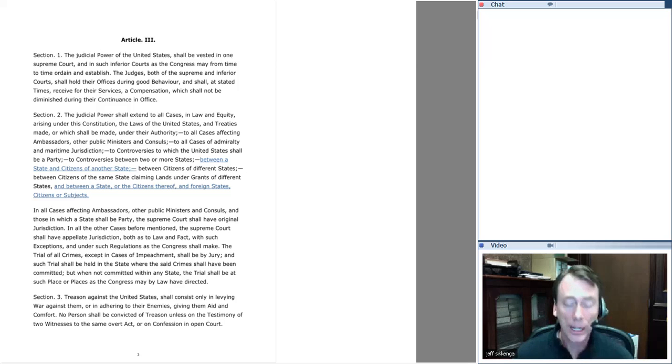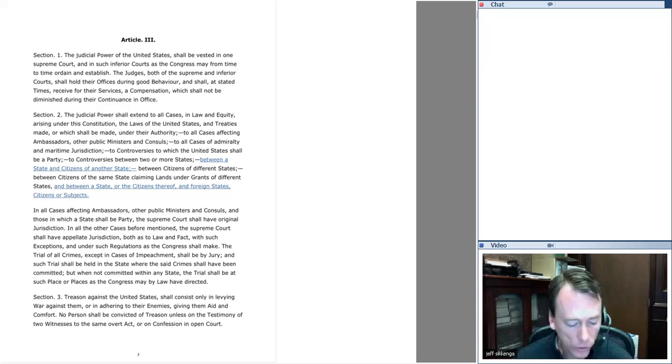And a lot of these ideas do go back to England. The independent tenure, holding your office during good behavior, goes all the way back to the Act of Settlement of 1701. So these are old English customs that continue on into our Constitution and are now enshrined in the written law.